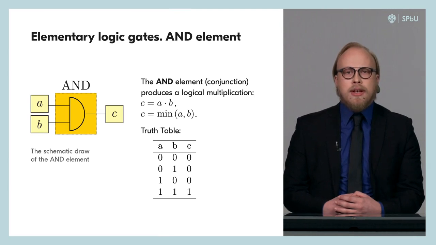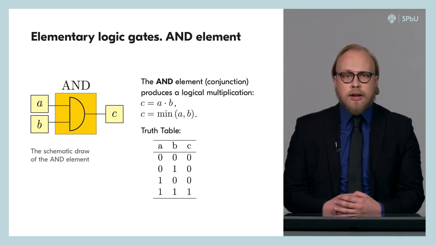The operation that this element performs is also called conjunction or logical multiplication. It is schematically represented using a semicircle. Unlike the NOT element, the AND element already has 2 input bits, which we denoted as A and B. The result, the C bit, is a simple multiplication of A bit by B bit. That is, if at least one of the input bits is 0, then the C bit will also be 0. Bit C is equal to 1 only in the case when both bit A and bit B are equal to